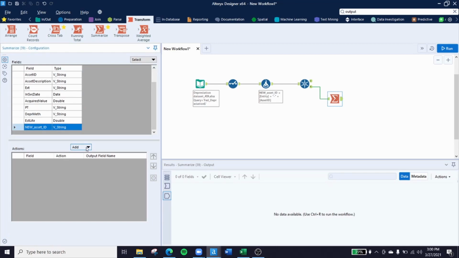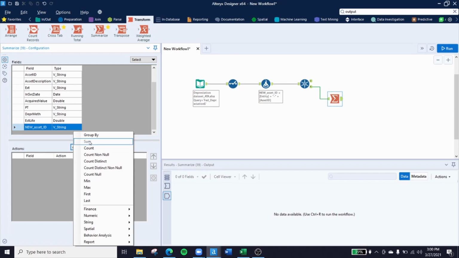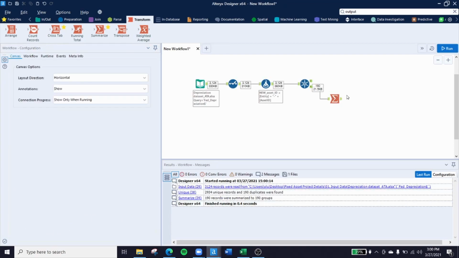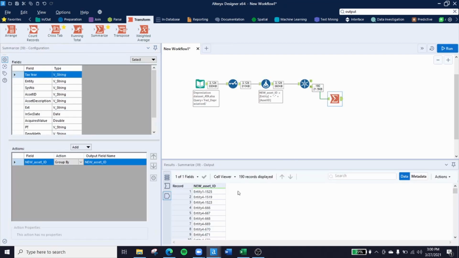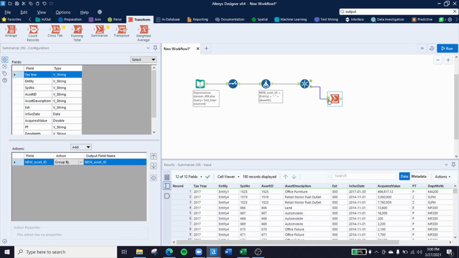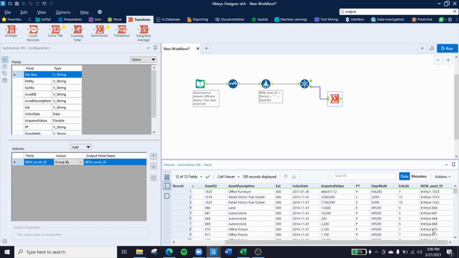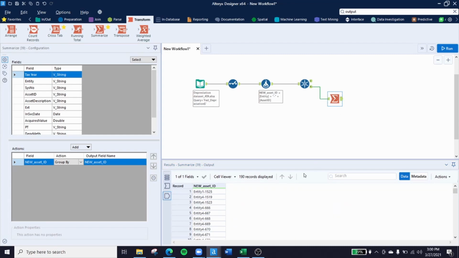If we choose New Asset ID, we can group by New Asset ID here. The Summarize tool works sort of like a pivot table in Excel. Once again, I'm going to run the workflow just to demonstrate how it works, and you'll see the input anchor shows our full table with all of the information. But because in our Summarize tab we only chose to group by New Asset ID, all we're getting here is just the duplicate asset ID numbers, which we can then share with the CFO if we want,